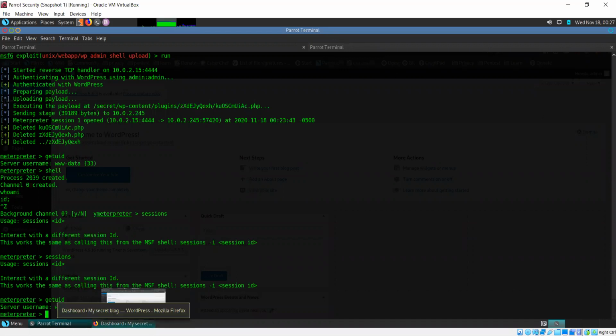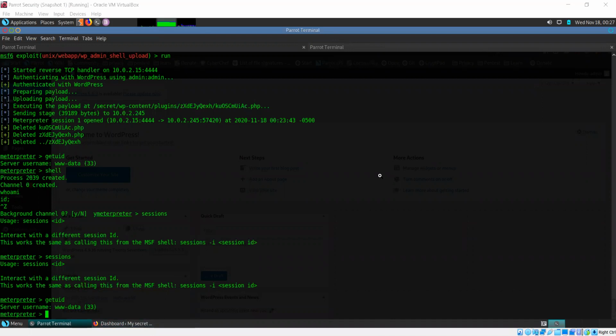What we can do is, now that we have shell access, can you tell me what should be the first thing that we would do, or what would be our first goal after you get shell access on your machine? Backdoor? No. We have shell access.